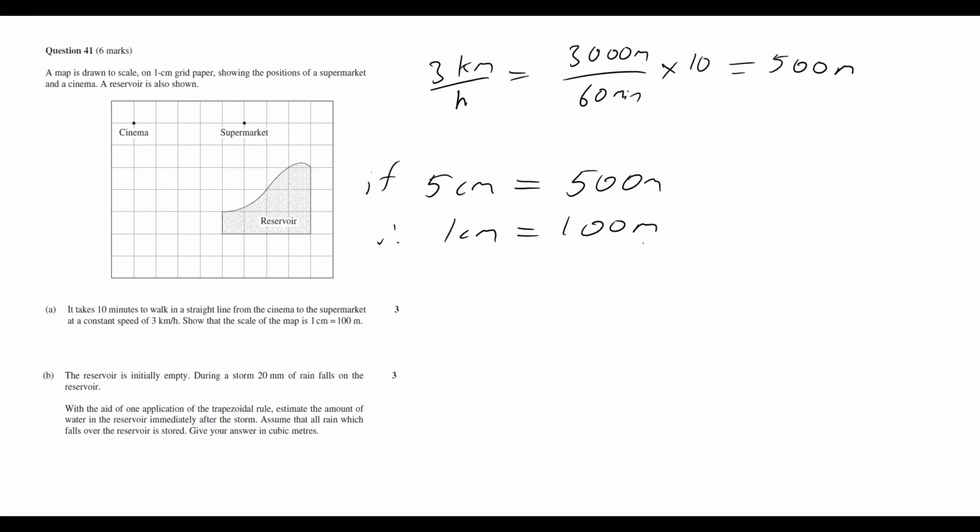So now for part B. The reservoir is initially empty. During a storm, 20 millimeters of rain falls on the reservoir. With the aid of one application of the trapezoidal rule, estimate the amount of water in the reservoir immediately after the storm, assume that all rain which falls over the reservoir is stored, and give your answer in cubic meters. So for the trapezoidal rule, what we should do is probably think about the different sections that we'll be